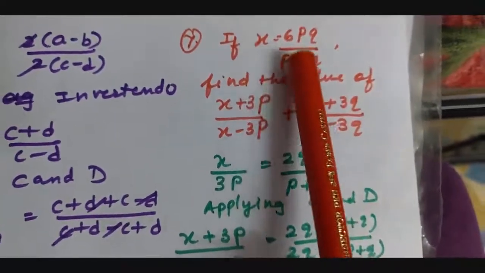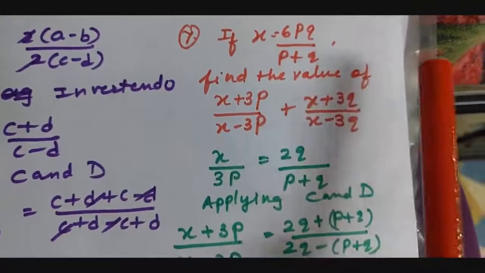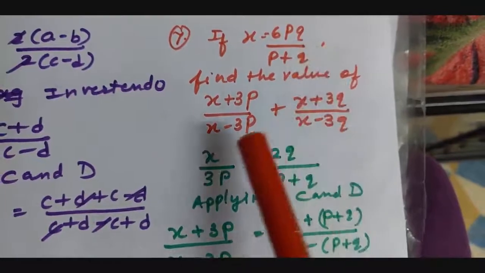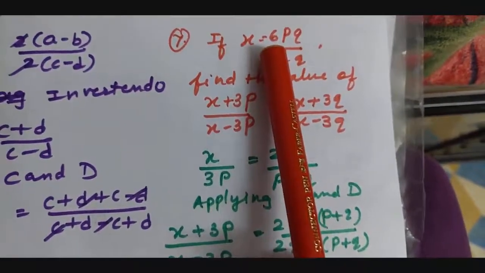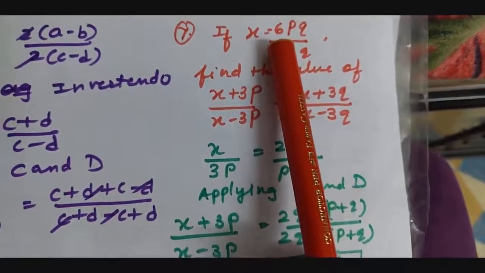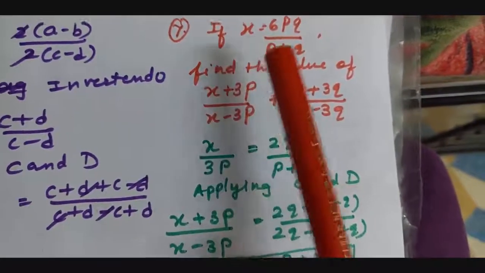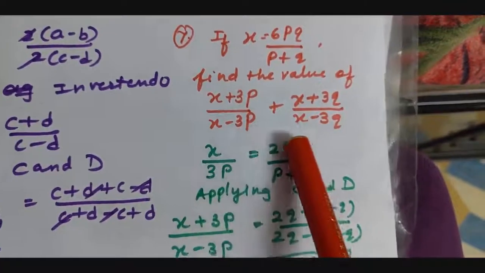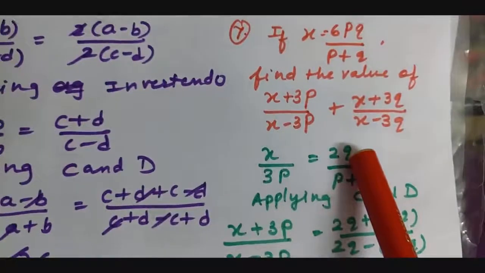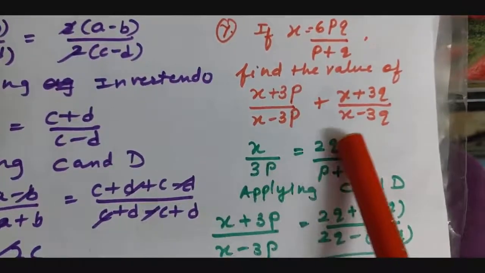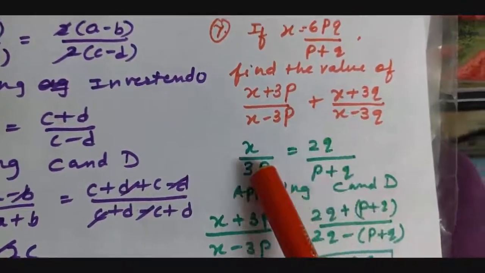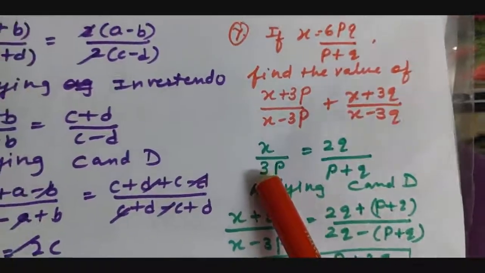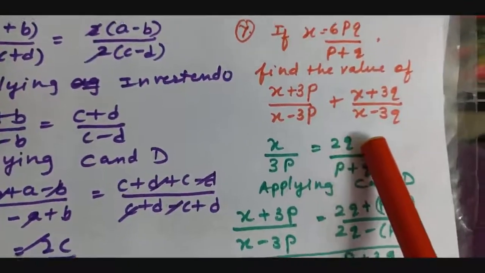But you can see here 3p is separately not given, 3q not given. So I will rearrange my terms by taking this result. You see, I know 6 is what? 2 3s are. So I am splitting 6 as 2 3s are and taking 3p in the denominator. You see 3p in the denominator. And 2q I am leaving as it is here. Actually it is 3 2s are 6pq only. But splitting the 6pq terms as 2 3s are, and this 3p in the denominator and 2q as it is.